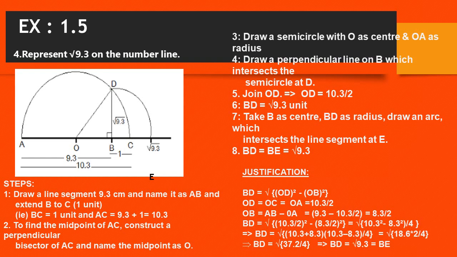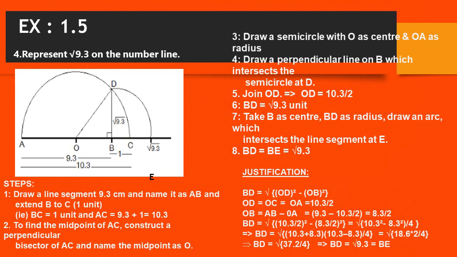Now we can go for justification. While applying the Pythagoras theorem, you can write OD square is equal to OB square plus BD square. But we need to find out the value for BD. Hence, we can write BD is equal to square root of OD square minus OB square. We know that OD is equal to OC, which is equal to OA, which is equal to 10.3 by 2,